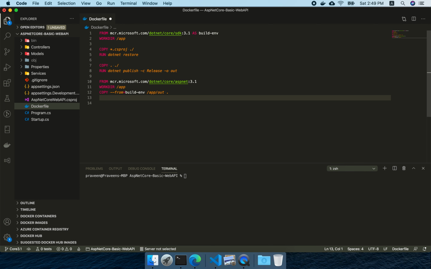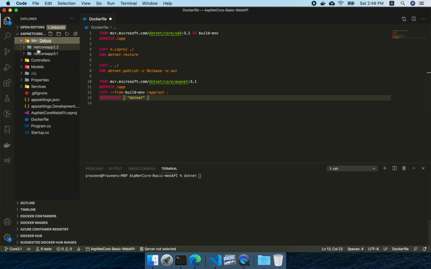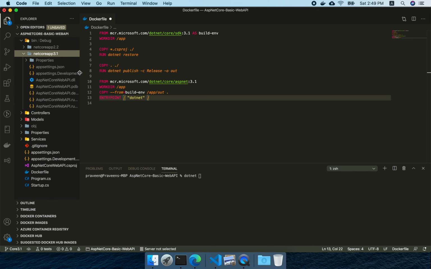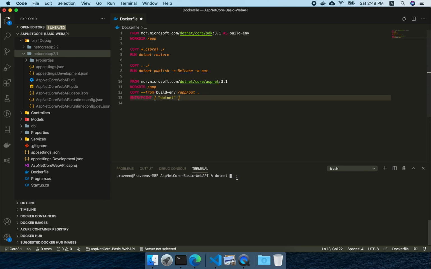So the next step is the entry point. What is the entry point? We have to call dotnet, and I think if you remember, how do we call dotnet run to execute, right? This is if you run from the code. Whereas if you are using the compiled code, assume you will be going to 3.1, you have to run dotnet and give the DLL.